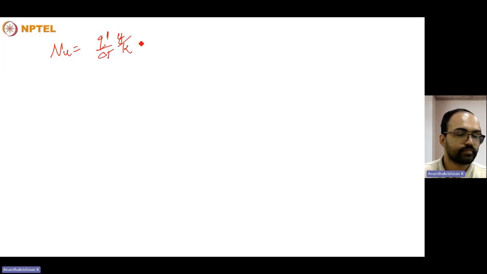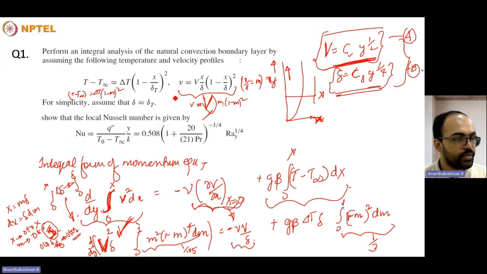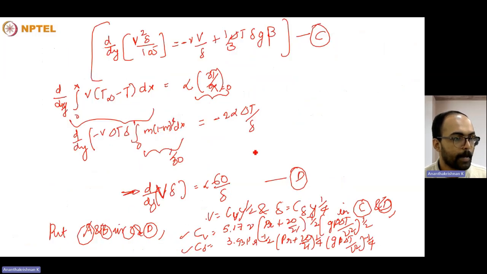So what we could write is that Nusselt number is equal to heat flux divided by delta T y by k. So it will be equal to minus k dou T by dou y. Here x is the direction perpendicular to the plate, at the wall surface x equal to 0, divided by delta T y by k. So we differentiate T with respect to x and substitute x equal to 0. We will get